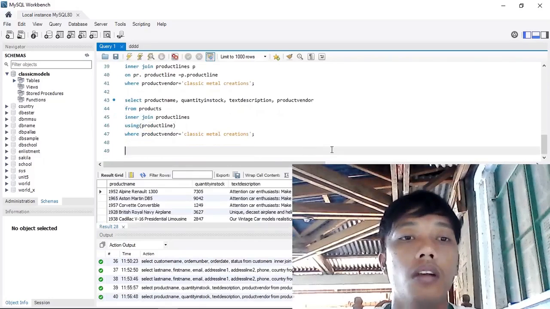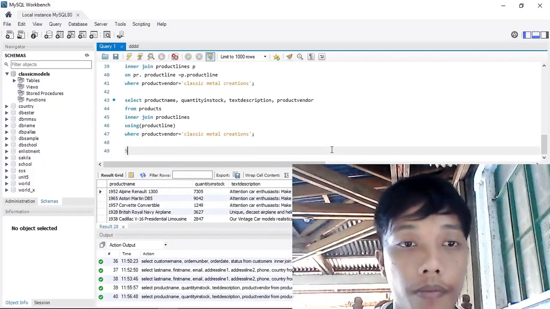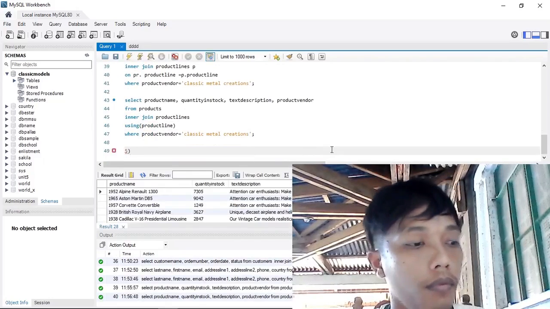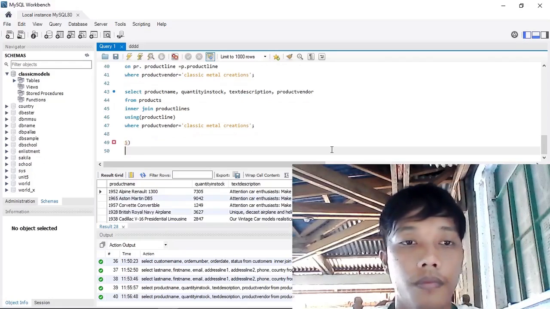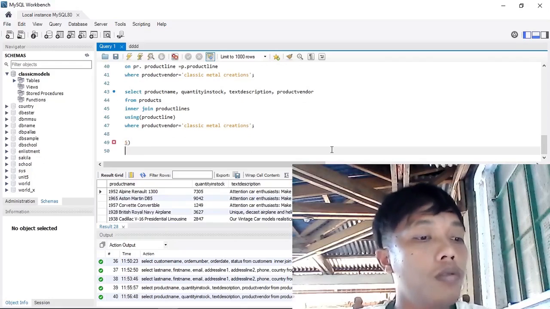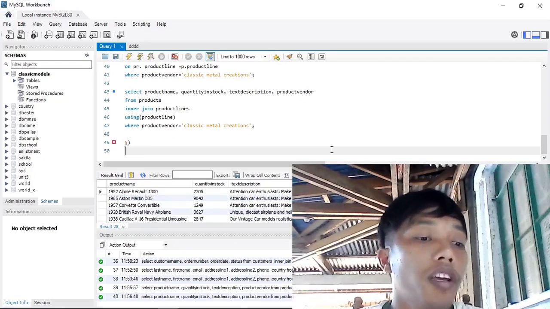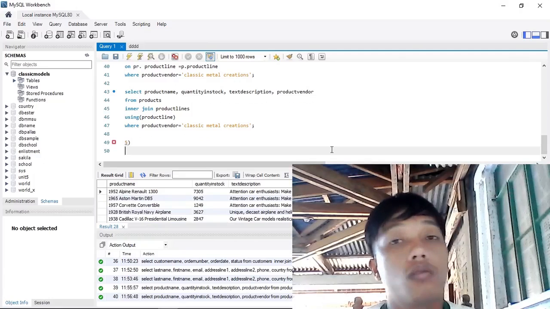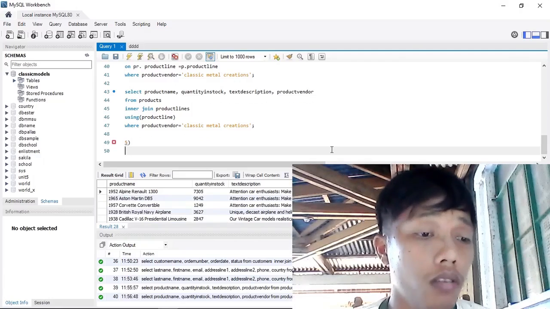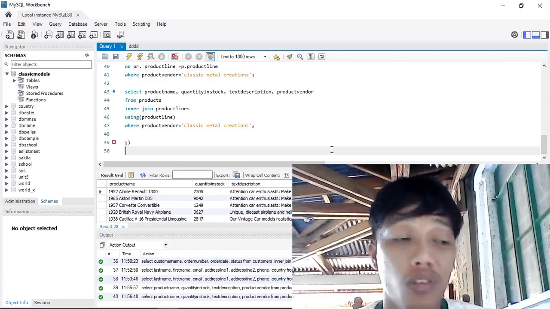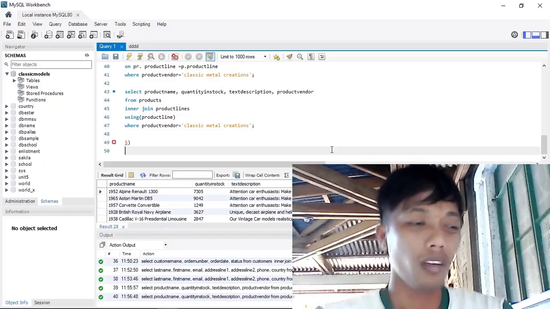The last task, task 5. Display the customer name, order number, order date, status, and customer number of all orders of customers which are either cancelled or on hold.